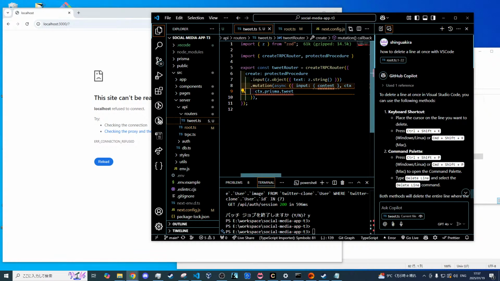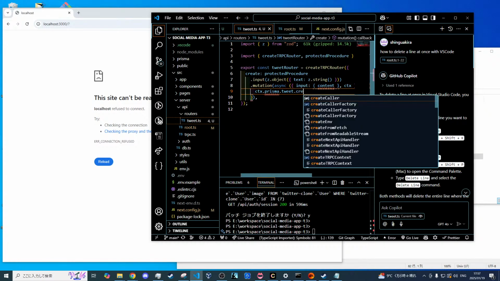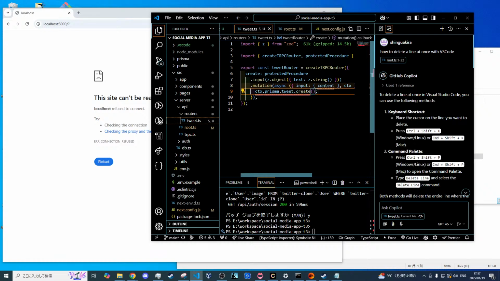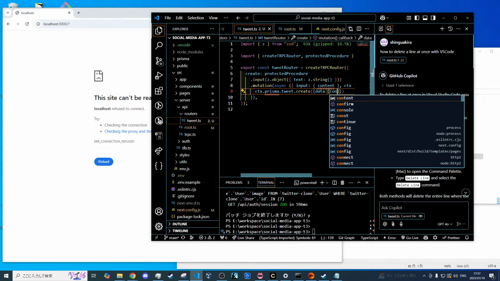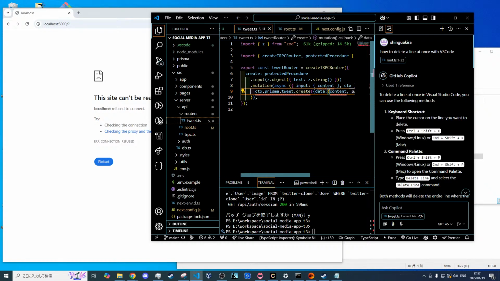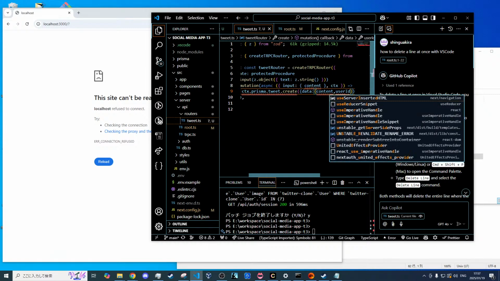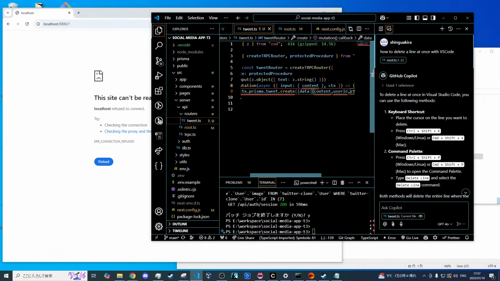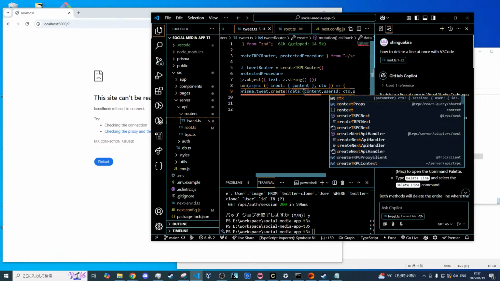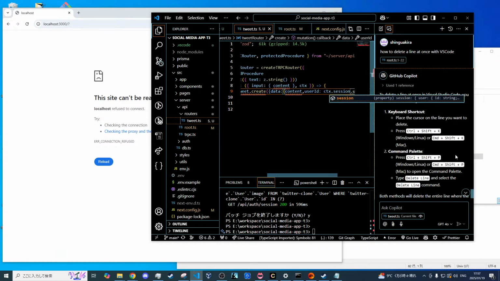So now I can just call the create function here. This takes in some data, and the data has our content, which is what we care about. We also need to make sure we actually put in the user, so our user ID here, which is coming from our context dot session dot user dot ID. There we go. So that is going to be creating our user. This is an async